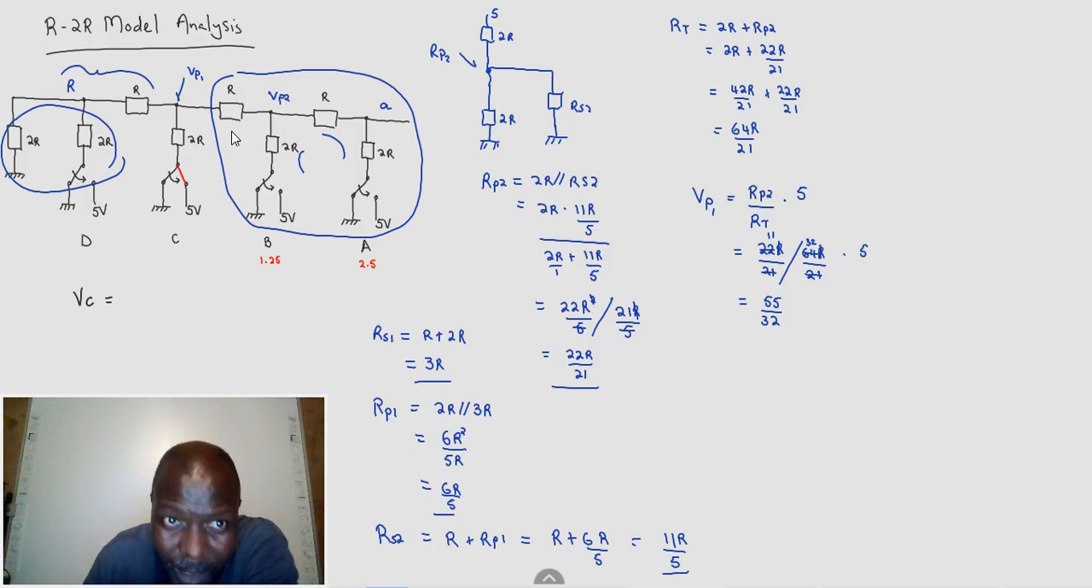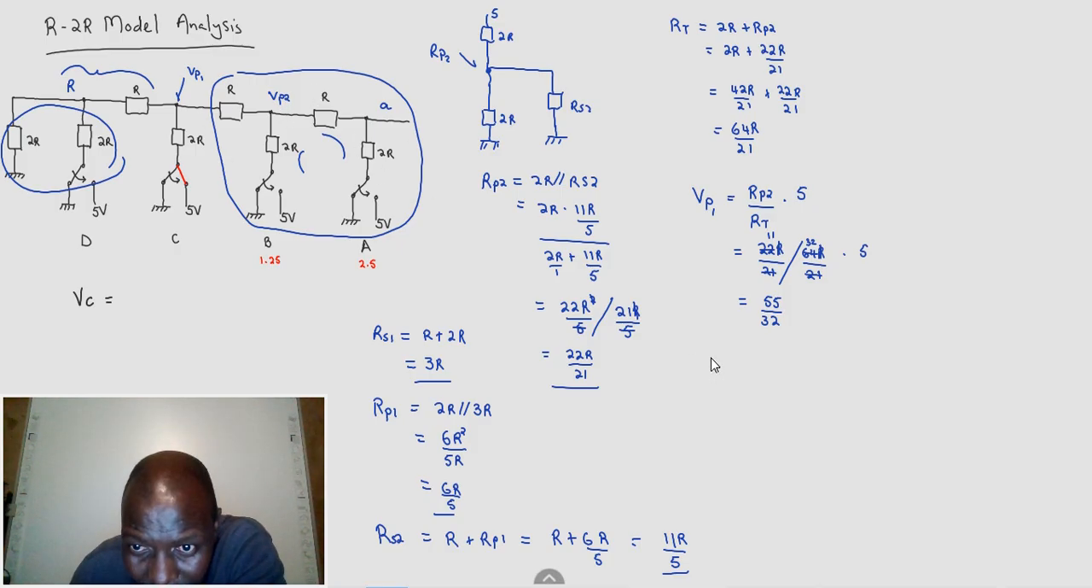Now, to get V parallel 2, I must get the other parallel there that we call R parallel 1. Alright, this R parallel 1 over the total resistance there, which was R series 2, that one, times that voltage is going to give us that. So we've got this R parallel over the total times the voltage will give us V parallel 2. Let's do it. V parallel 2